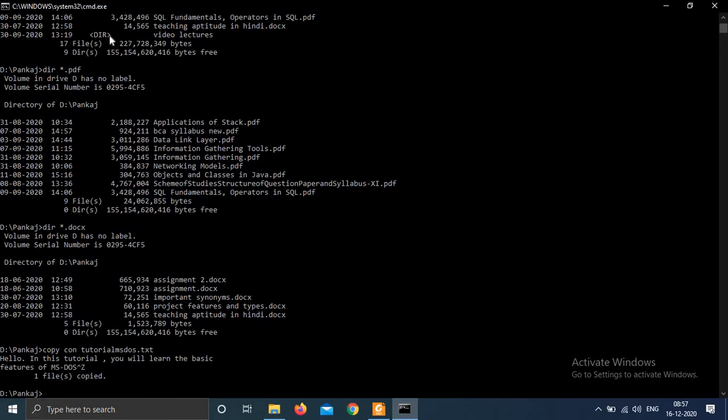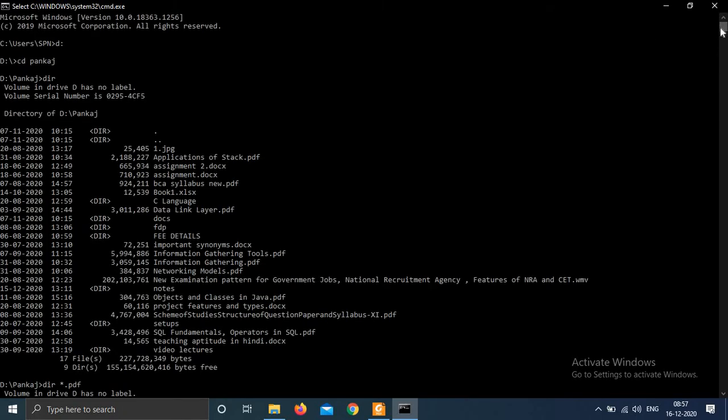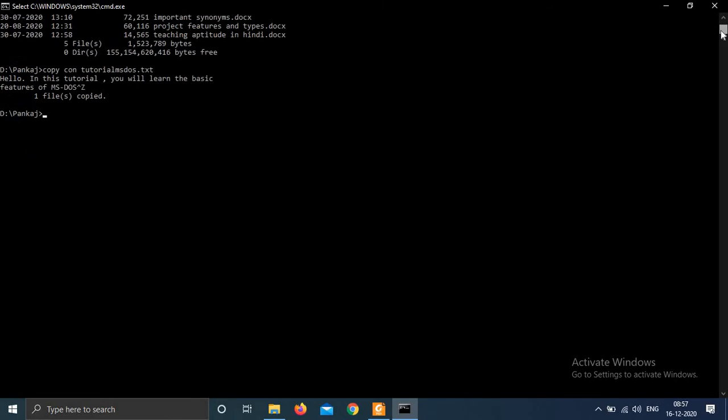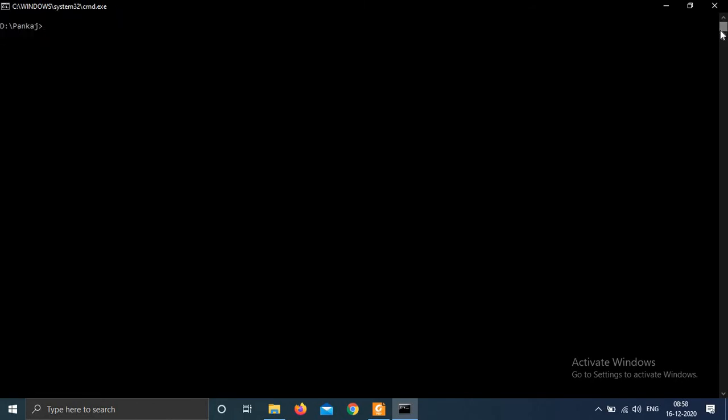Look how much has been typed in this MS-DOS window. If you want to clear it, you need to type the cls command, the clear screen command. So the cls command is used to clear the screen. So far I have discussed the dir command, the cd command, how to look for a particular file in the directory, and the cls command, the clear screen command.